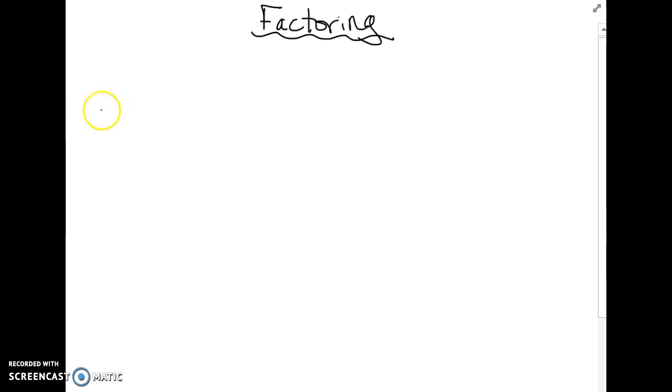Okay, the last one we're looking at is factoring. And I don't remember if we've split this one up. Somehow I did not take pictures of this, so I'm going to kind of make it up as I go. But when you factor, the first thing you always do is you look